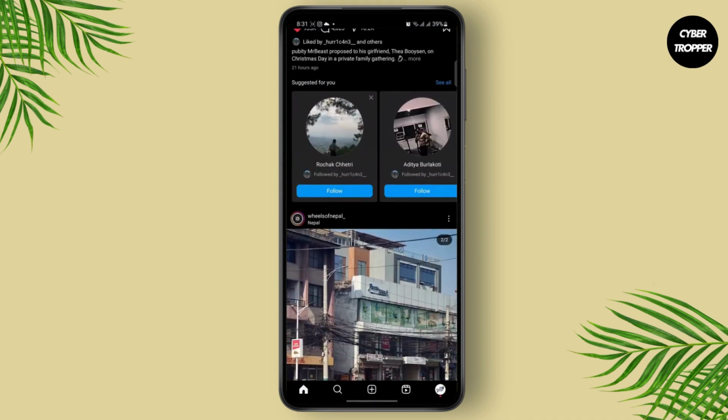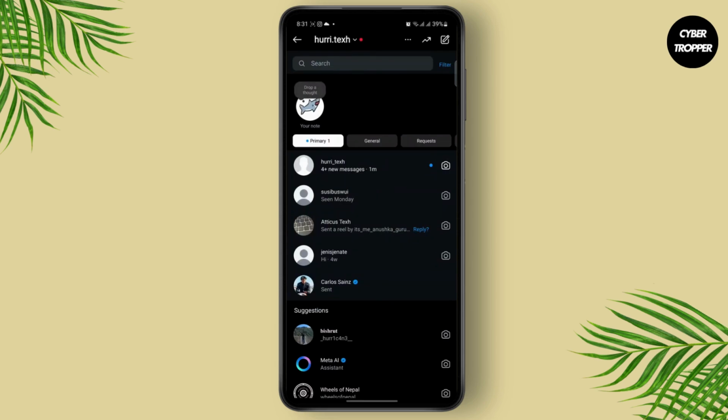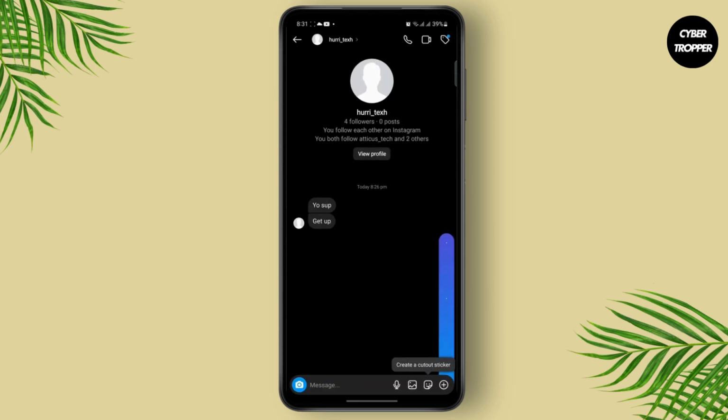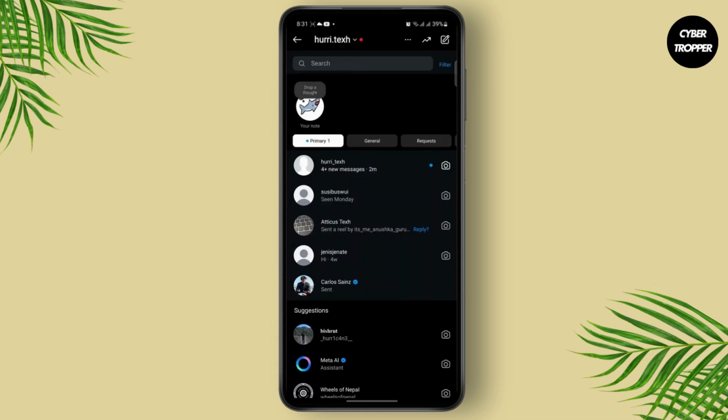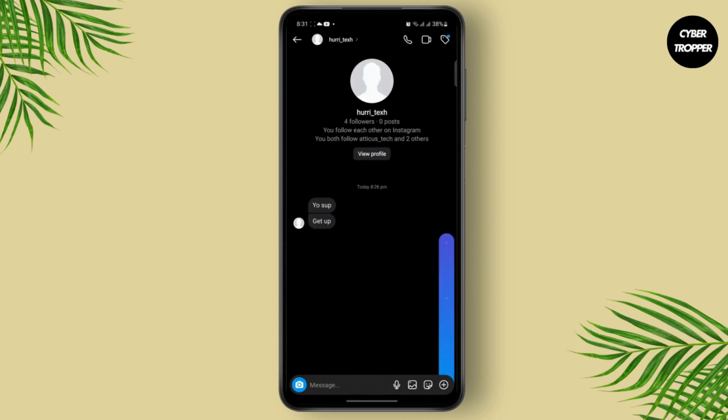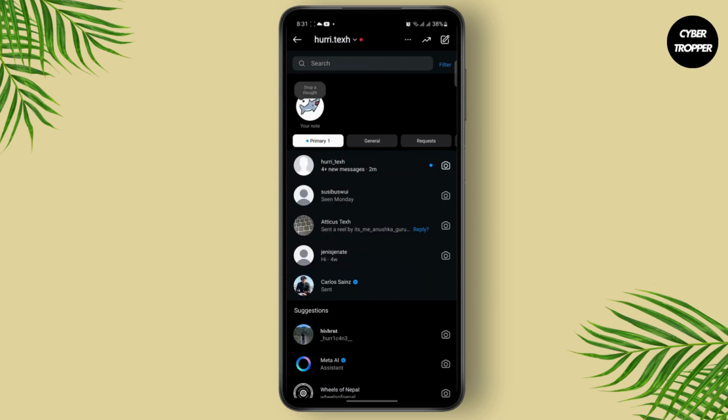And if you want to see messages and half swipe the messages, first thing you need to do is swipe right on your screen. And then from here, you just tap on the message and scroll up really quickly. So just view like this and scroll all the way up. And doing this will not let them know that you've viewed their message. So if I go back, as you can see, the message has still not been read. So if you just tap on it and swipe up really quick, it won't register